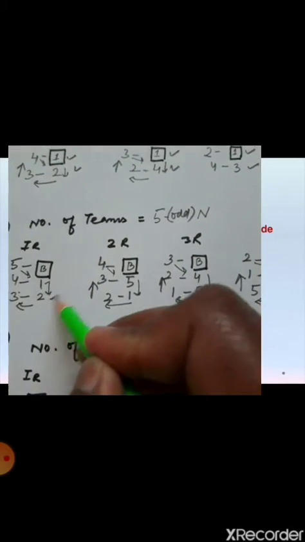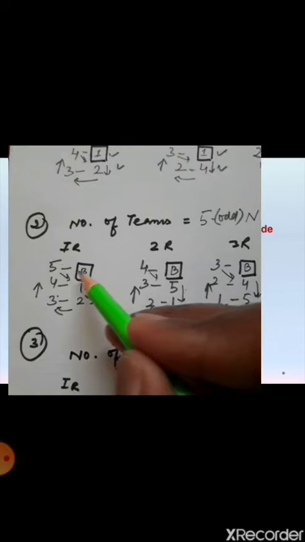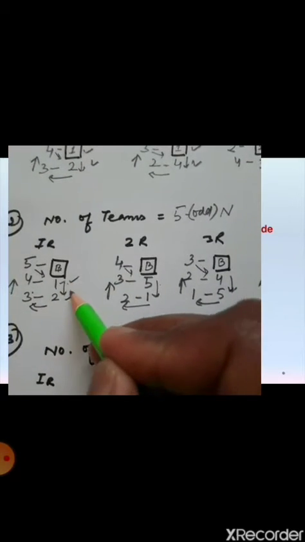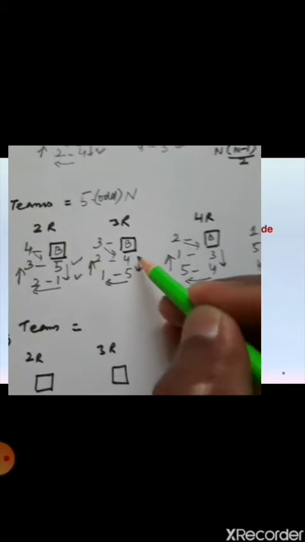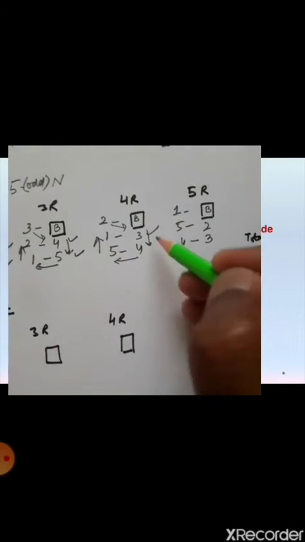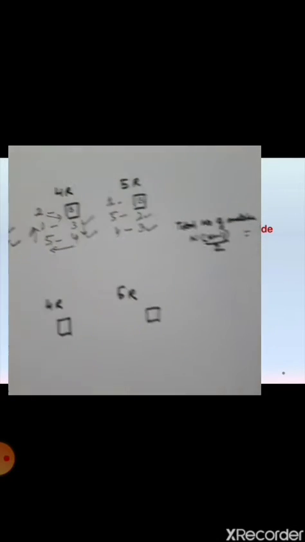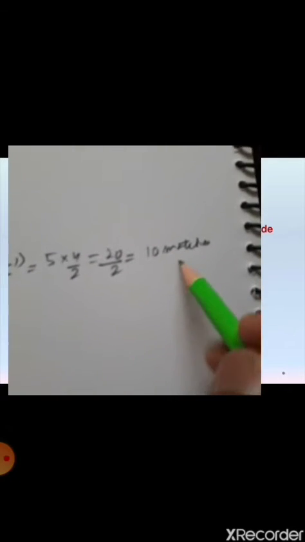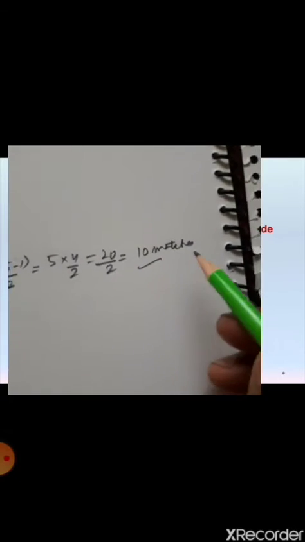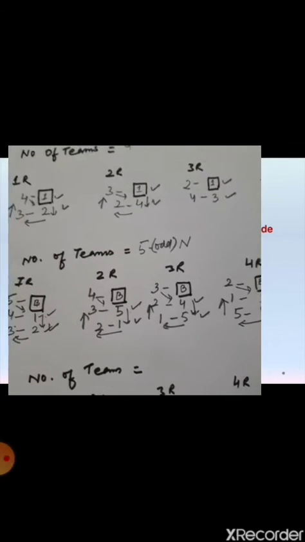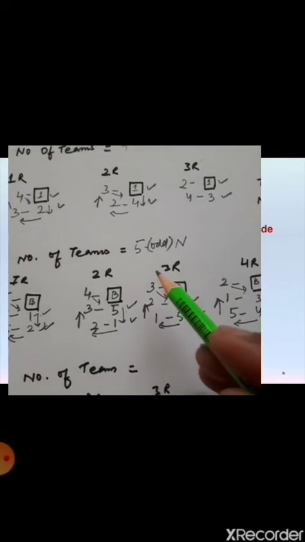Yes, 1, 2, 5 is given a bye. Here team 5 is standing in front of B, so it is a bye. So first match, second match, third, fourth, fifth, sixth, seventh, eighth, ninth and 10th. So in this way the number of matches is 10. So this was the other example for the cyclic method where we have taken 5 teams.